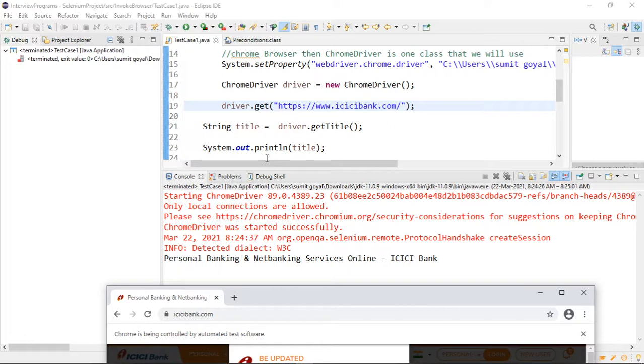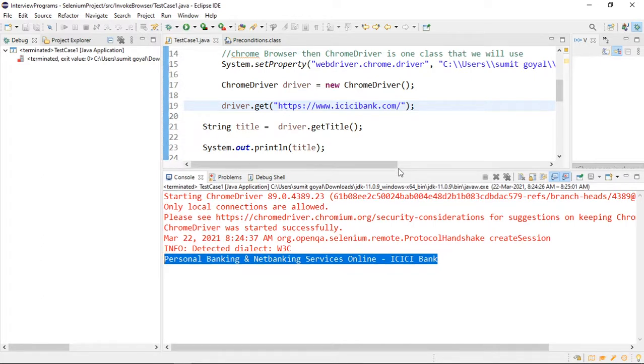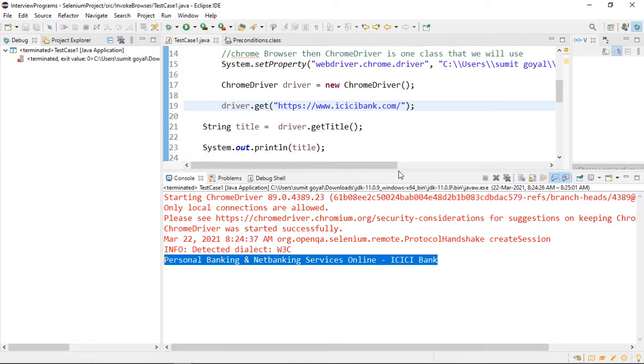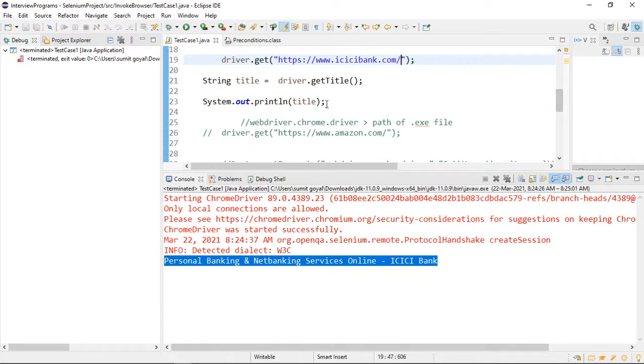Yes, Sumit. Basically we do not just have to print the title; I am printing this so that we can verify it. There might be a case where someone has pushed some code onto the website, so this title might change, but it should not change as per the developer. To validate that we are getting the correct title, you can put an if else condition here.